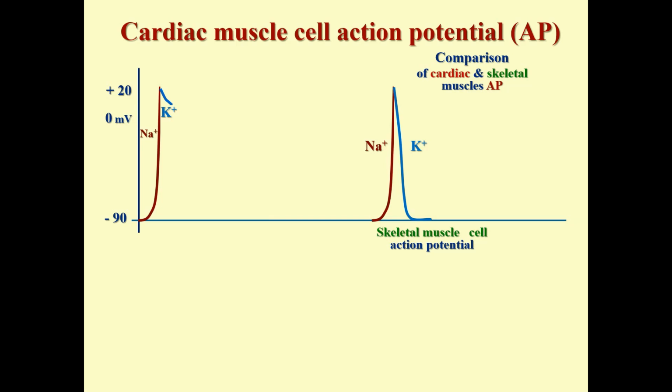But then, finally, other channels start to be open. These other channels are slow calcium channels, which make a big difference. These channels are not present in skeletal muscle cells, but here they are present. They are called slow because they open slowly and close extremely slowly. So you see, from the beginning of potential, the calcium channels start to be open only approximately at this moment. And instead of theoretically quick restoration like in skeletal muscle, the opening of calcium slow channels delays this repolarization,